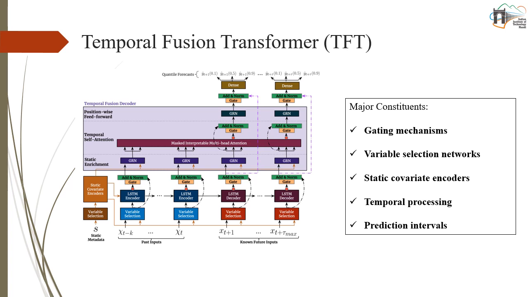For example, you can see static metadata inputs which were known up to the time t only, and the inputs which are known up to the future times ahead also. These three types of inputs are fed to our network in three different ways. For example, you can see these color changes here. These color changes say that they are encoded differently. So you can see these LSTM encoders have also been shown with a different color in these three different subparts.